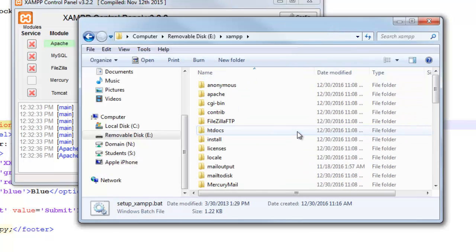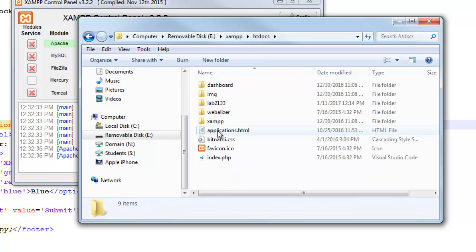The other thing is, let me show you how this is organized. So if you have got PHP and you want the PHP to actually run, you need to put it in your htdocs folder. None of those other folders will work for PHP. So I go in here. Now, I'm telling you right now that if you just put things in this folder, the PHP will run, but